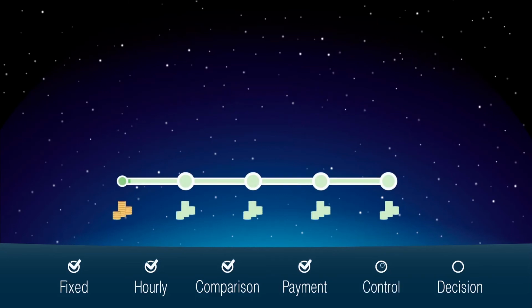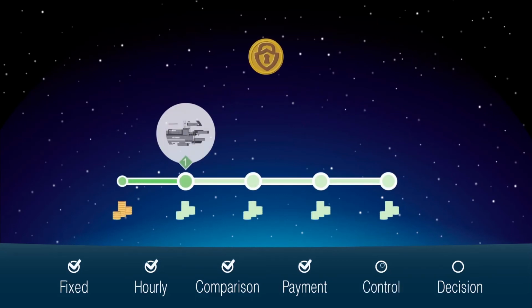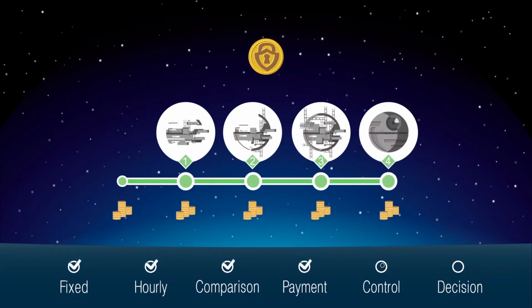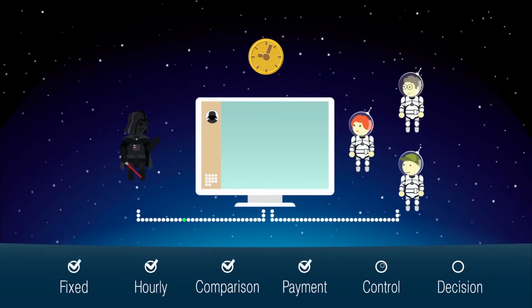Managing a fixed price project. When you sign a fixed price agreement, we create a payment schedule and a milestone plan for project work. The step-by-step completion of these milestones and the payments attached to them ensures that work progresses according to plan. Managing an hourly rate project.